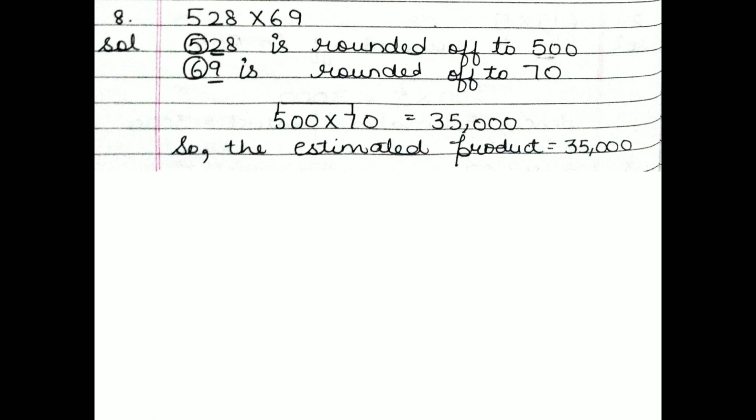Clear, students? So students, today you learned how to multiply numbers by rounding off. It means if you find the answer by estimation, firstly you have to round off each number. If they are single digit, then you will not round off. If they are 2 digits, then you have to round off to the nearest tens. If they are 3 digits, then you have to round off the number to the nearest 100. Clear? So I hope you understand